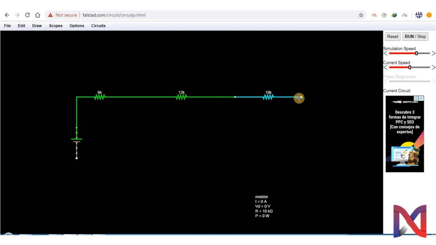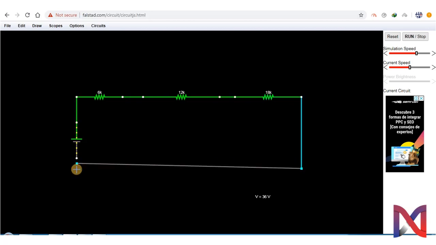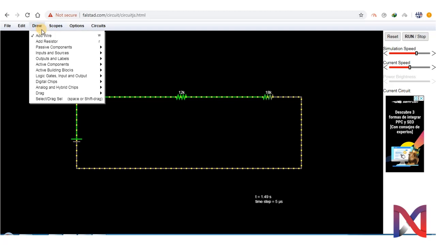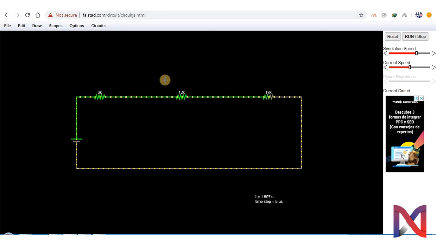So as our circuit is complete, we will obviously place our ground. Now the circuit is complete. As you already know, the green line is showing the flow of voltage while the yellow dots are showing the current.